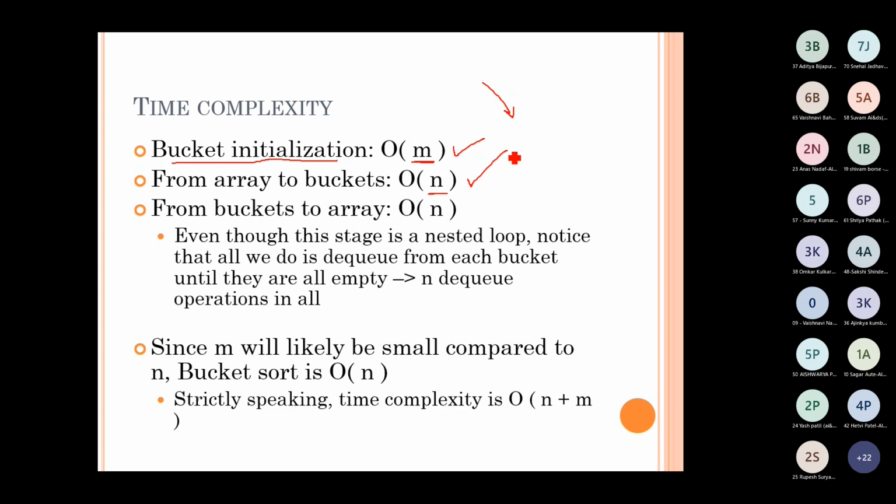that means we are just incrementing the count, but for n numbers we will be reading the elements. Then from the buckets we will again create the output array. How many elements are there in the different buckets? n elements. So we will take back those numbers and put them in the output array. So again order of n is required for that task. What is the total time required by bucket sort? Order of m plus n plus n, that means 2n plus m.